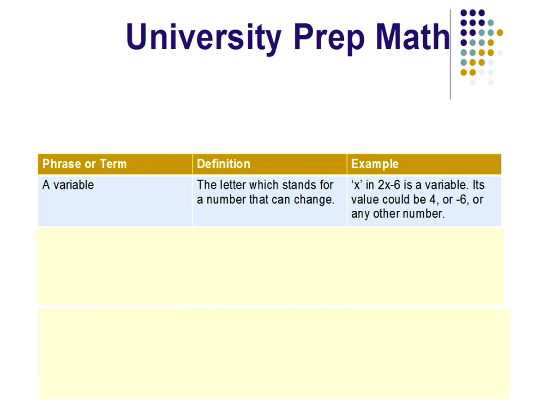So for instance, your height is a variable up until a certain point in your life. You grow to a certain height and then your height remains constant. And then I guess as you get older, if you're lucky enough to get old enough that you start to shrink, well then your height is variable again. But we're going to represent these variables with letters. Now I couldn't, for instance,